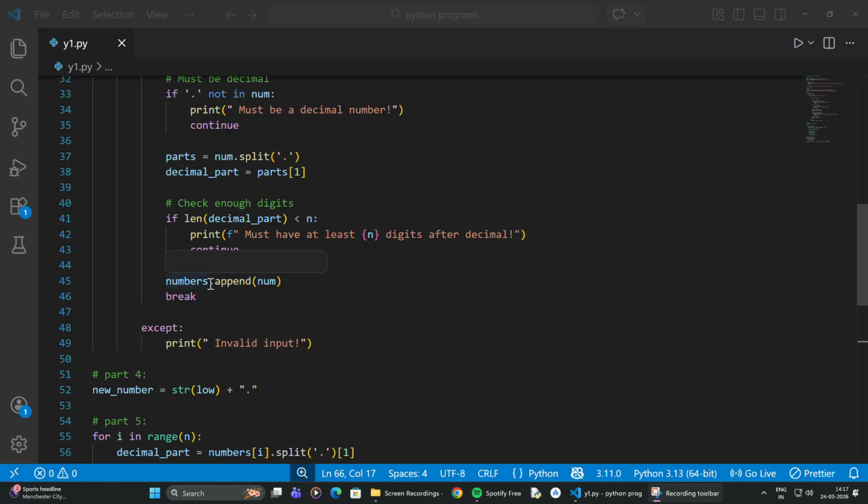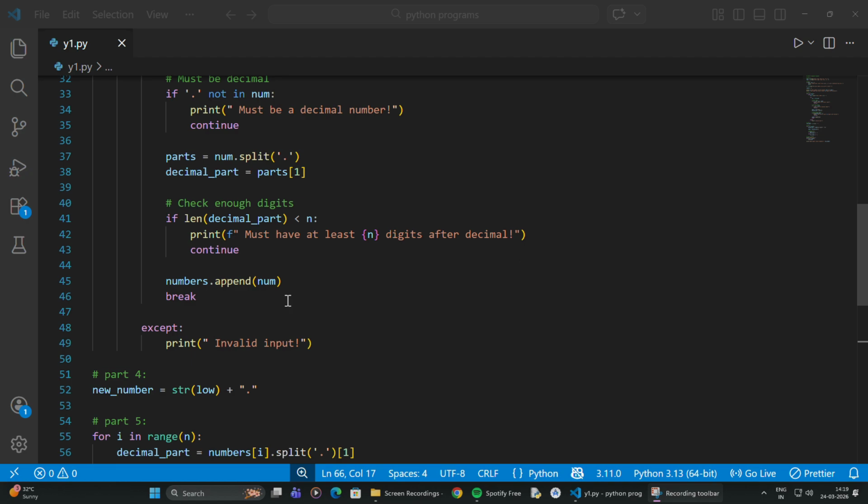Now after taking the decimal part, we have to check if it contains n digits or not, as it is important for the condition of Cantor's rule. If length of decimal part is less than n, this condition is true, then an error will occur, as the number of digits must be equal to the n the user has given as input.